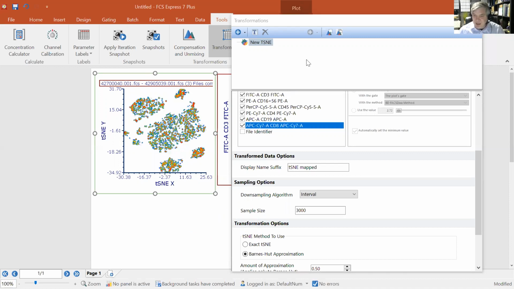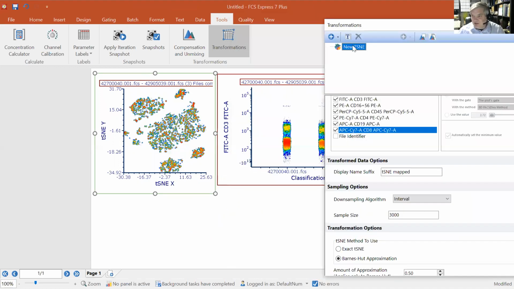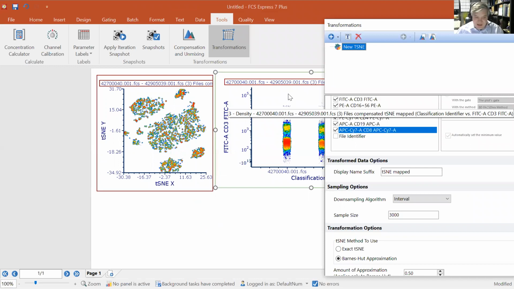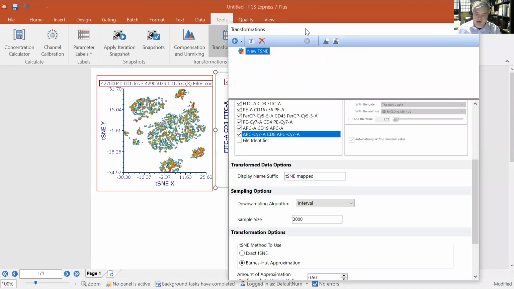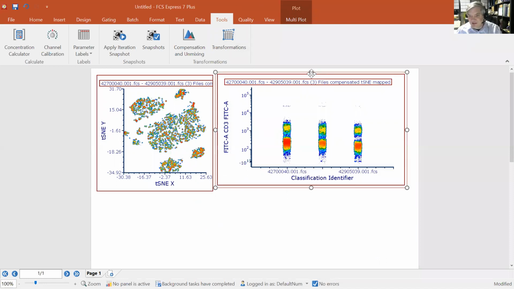And this is my tSNE plot. All right. So again, I think this is very easy. The interface for actually accessing these tools is very straightforward. It's very streamlined. I think anybody can come in here and do this, right? Now the important part is trying to figure out how to interpret and set up these plots to do some